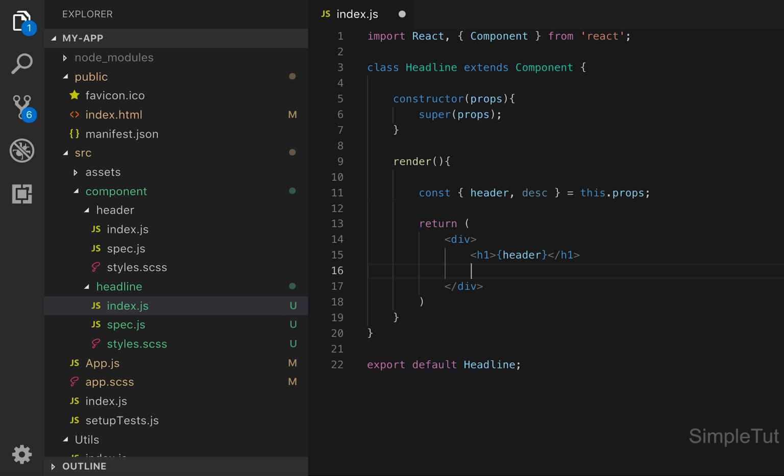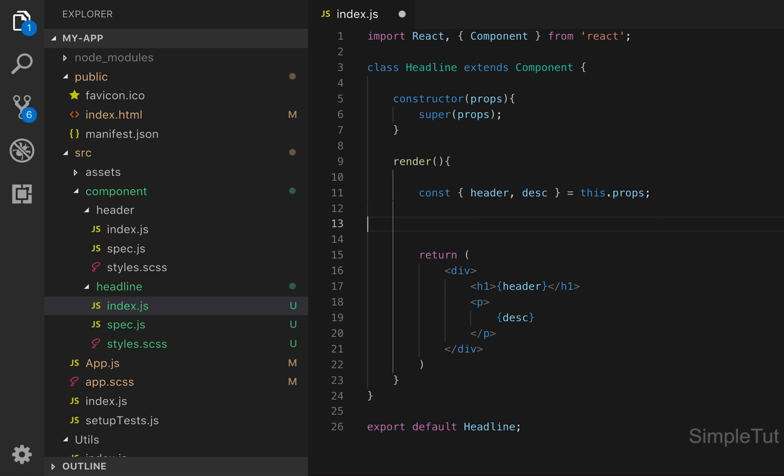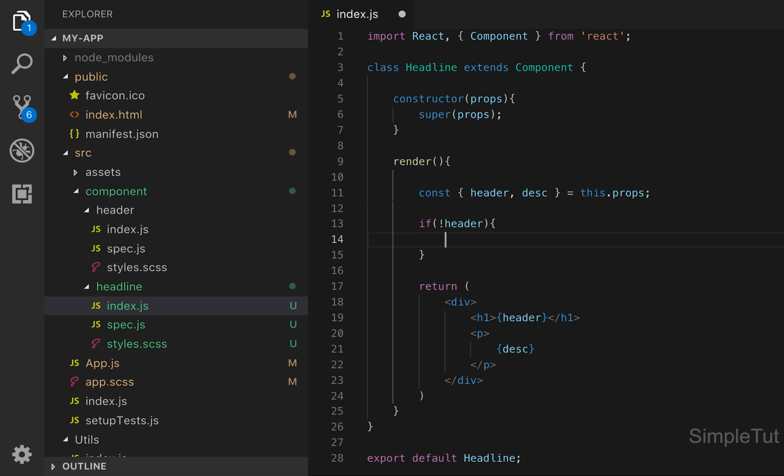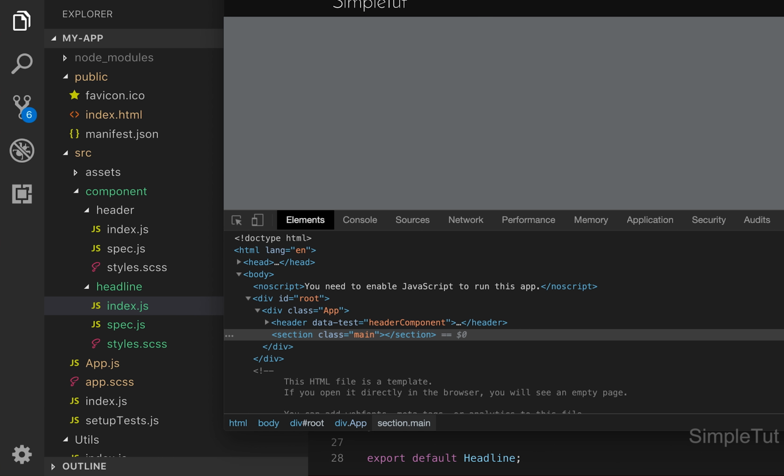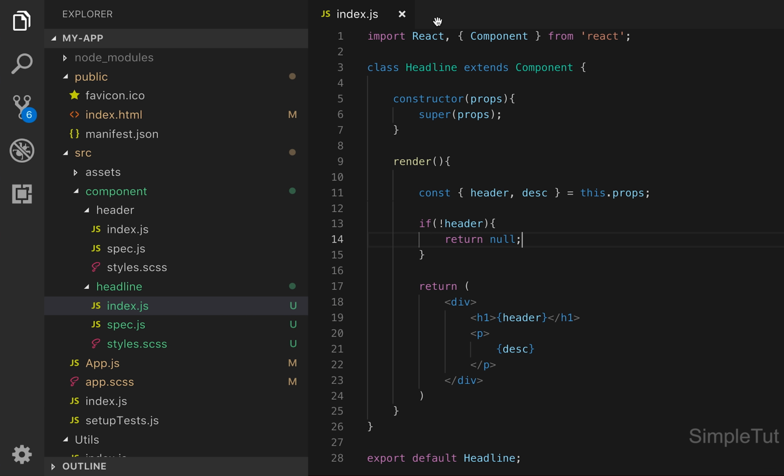And also probably render the description in a paragraph tag, so something like this. But if we do not have a header, I'm going to return null. Okay, so it's pretty simple at the moment, but let's actually come over to